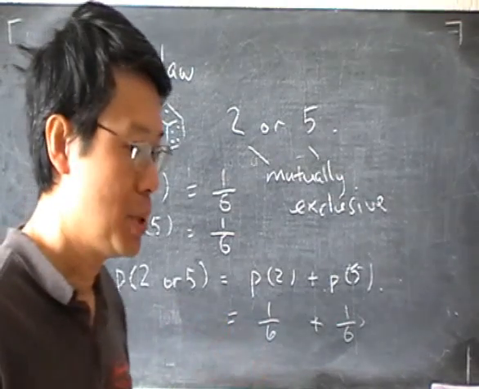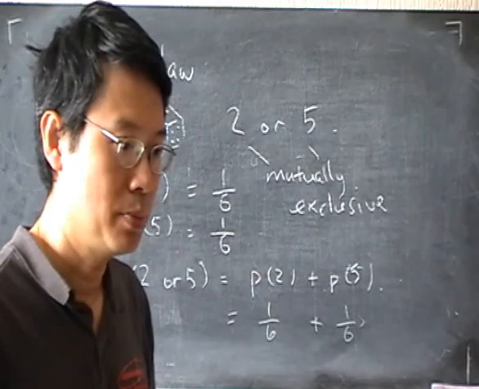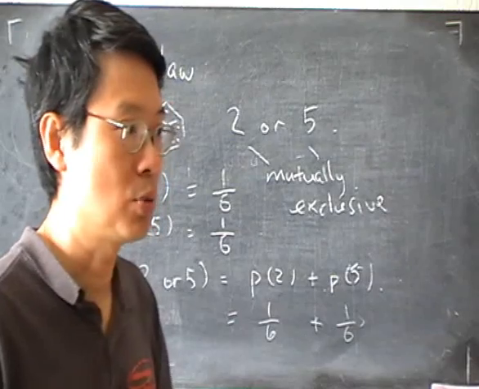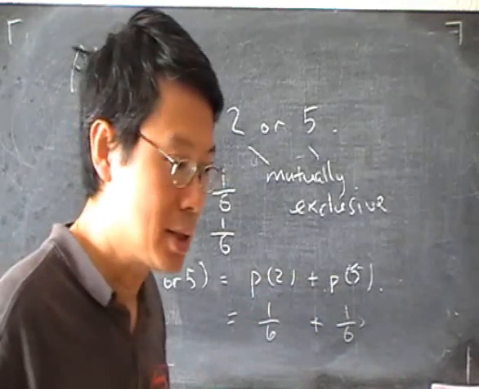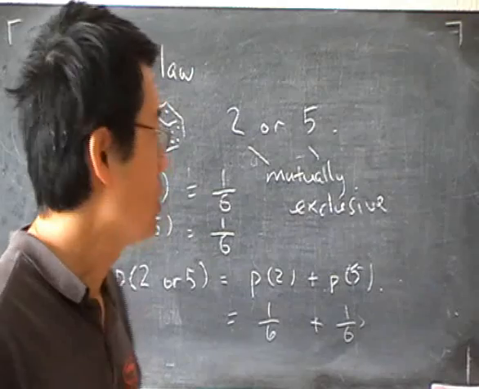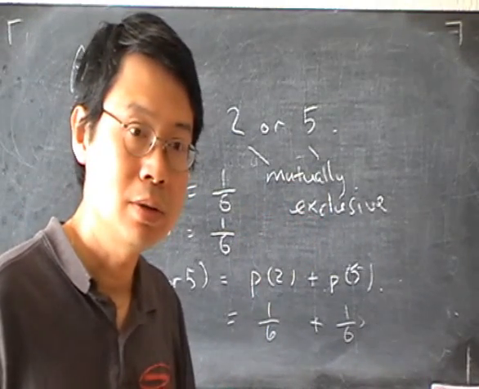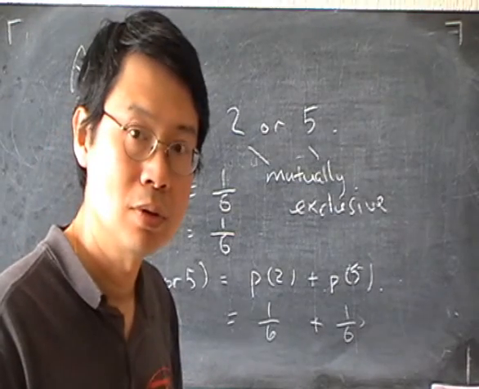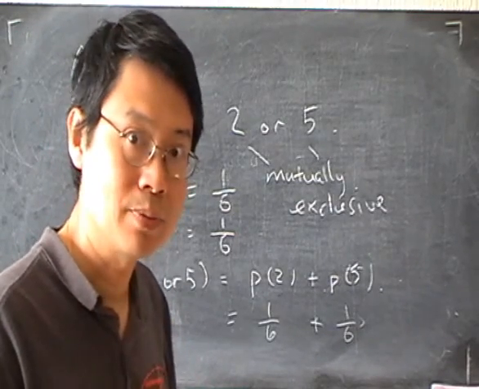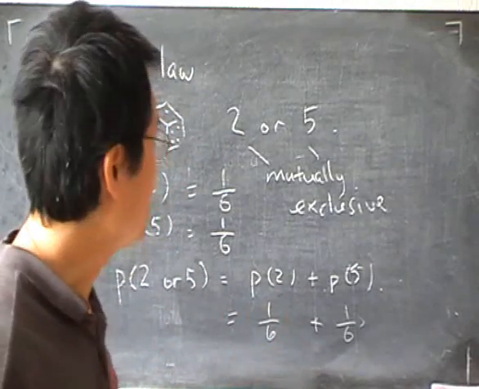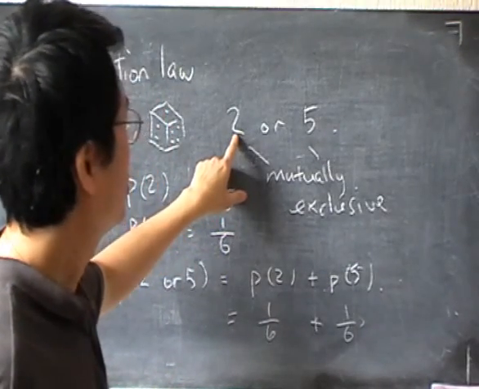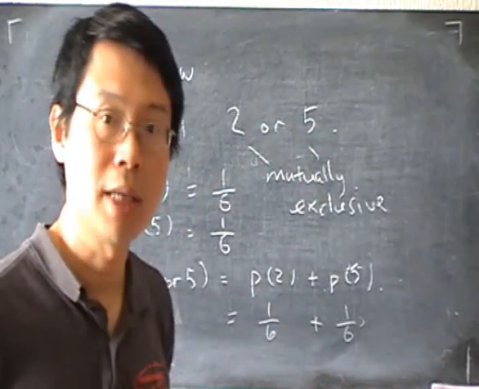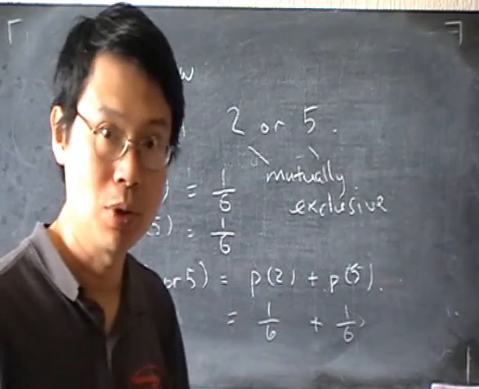So one example might be if we have 2 dice, and you toss the 2 dice at the same time, and if you get a 2 on one die, you can also get a 5 on the other die. So if I have 2 dice, then getting a 2 on one and a 5 on the other is not mutually exclusive because they can happen together.